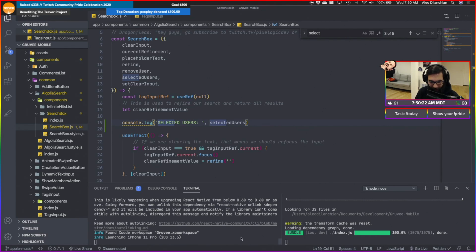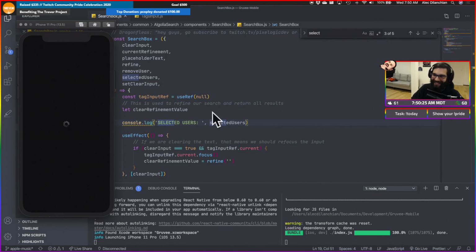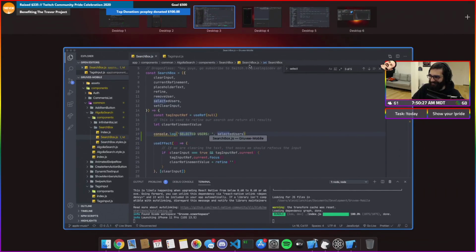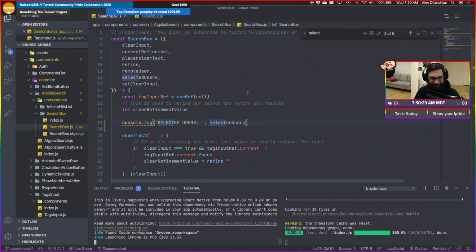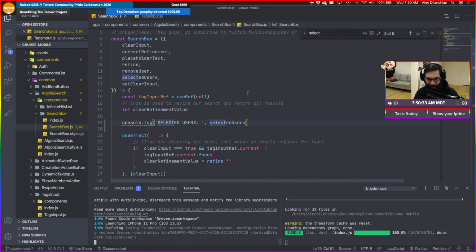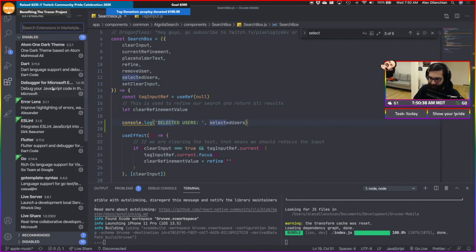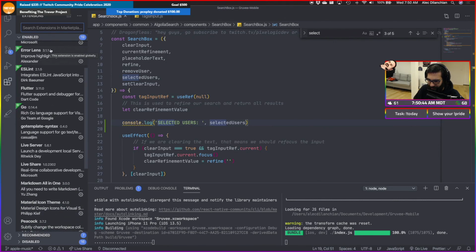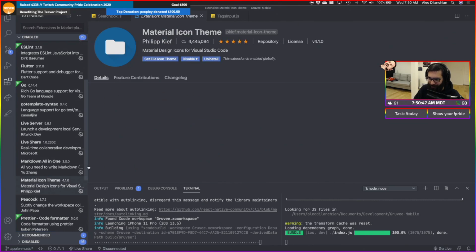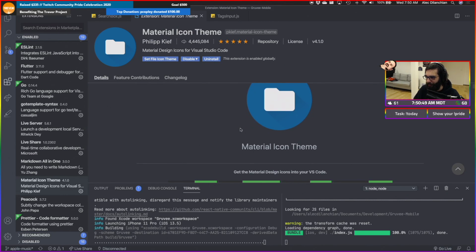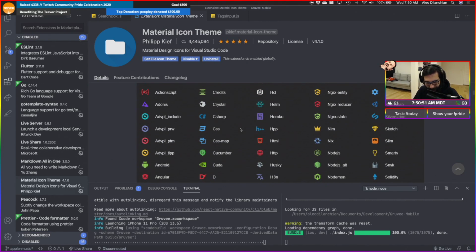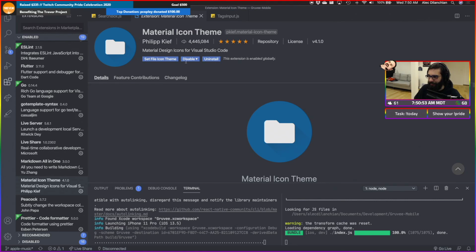I don't need pride emotes to show my pride. There we go. But pride emotes are so cute. They got some cute ones. Just set up a barrier so I can use my dev laptop on my main setup. Also, what's the icon theme you use? Oh man, which one is it? So I use Atom One Dark theme, and I think that's material icon. No, that's the one I use. Yep, material. I didn't know if it came with it. Yeah, material icon's pretty great. Yeah, I like it.